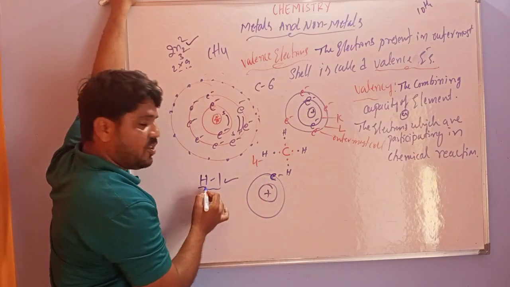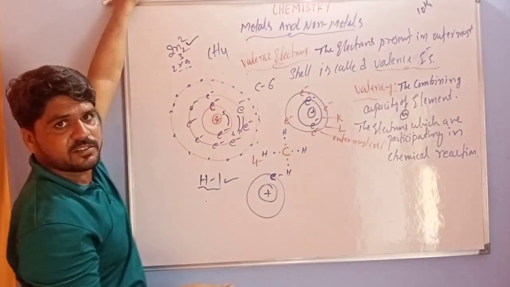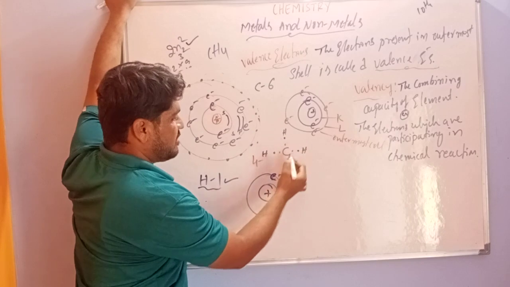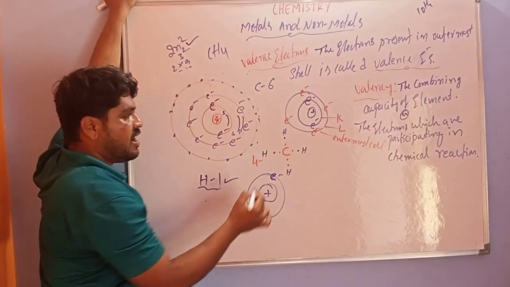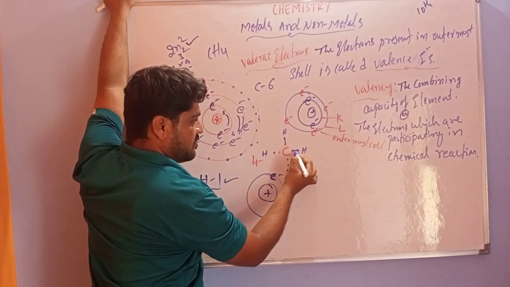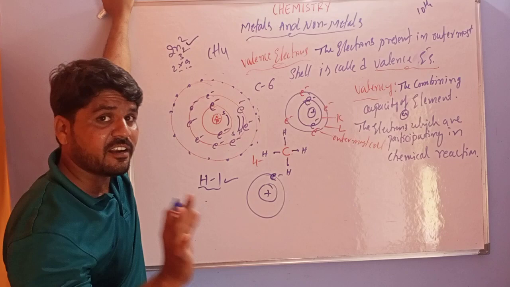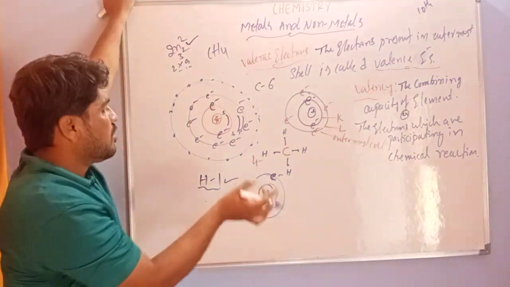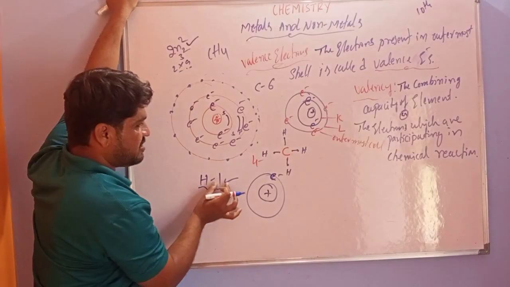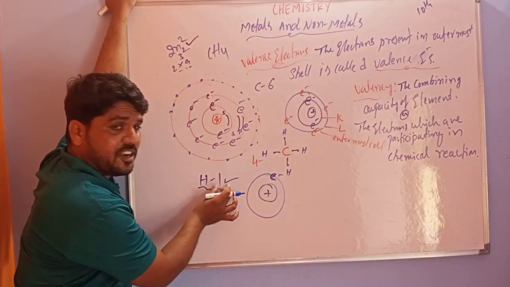This hydrogen is able to give its electron to another atom. Here the hydrogen atom gives its electron to the carbon and makes a bond. The making or breaking of bonds we call a chemical reaction. So the hydrogen valency is 1. Why do we call it hydrogen valency? The combining capacity of hydrogen is only 1.